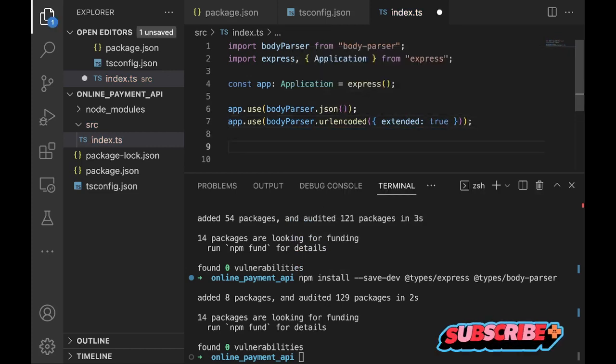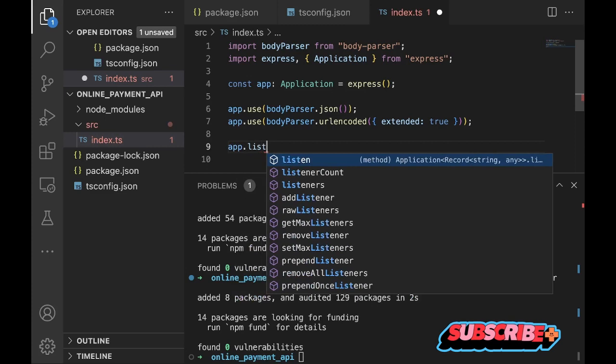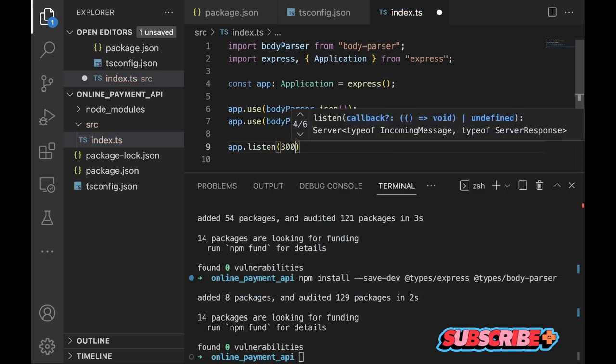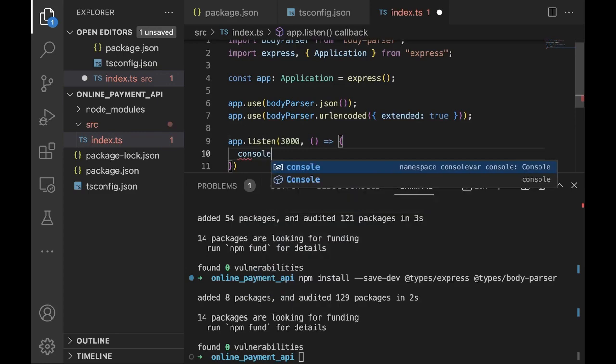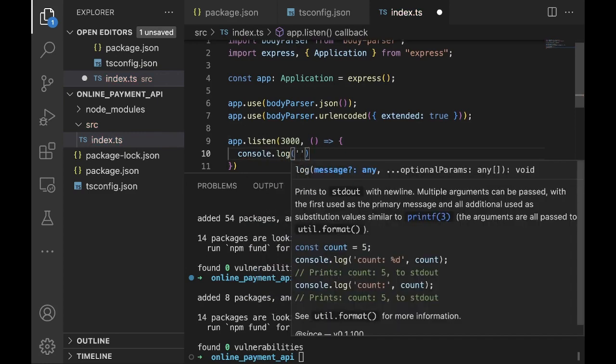So now we can go ahead and create a simple route. Or before we do that, we can just ensure that our server is running. So let's set the server running. So we have app.listen. So we'll listen on port 3000, and then here we'll have a simple callback to let us know when the server is up. So we'll just console log server running on port 3000. Just save that